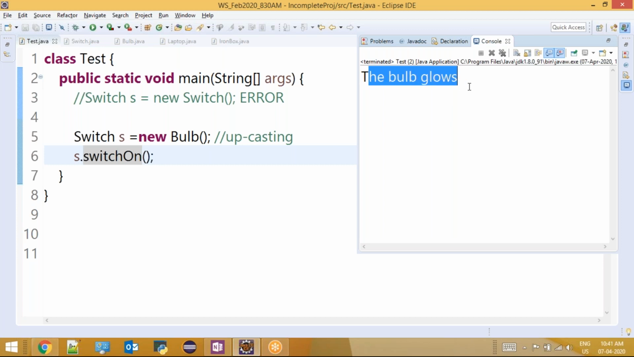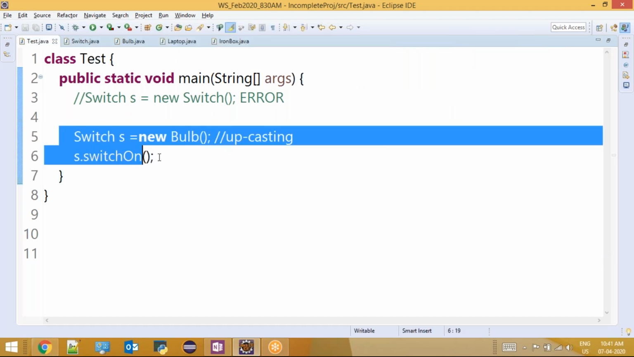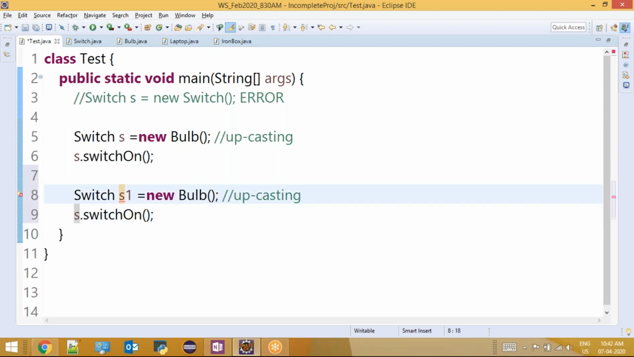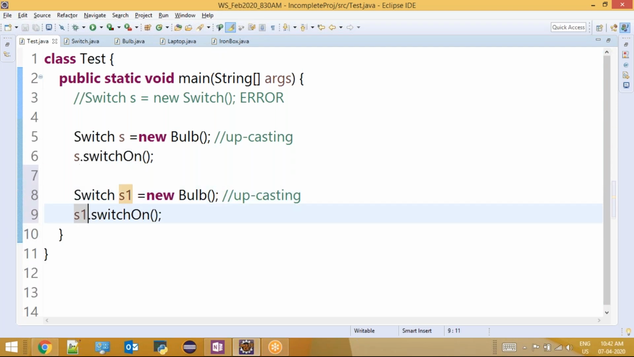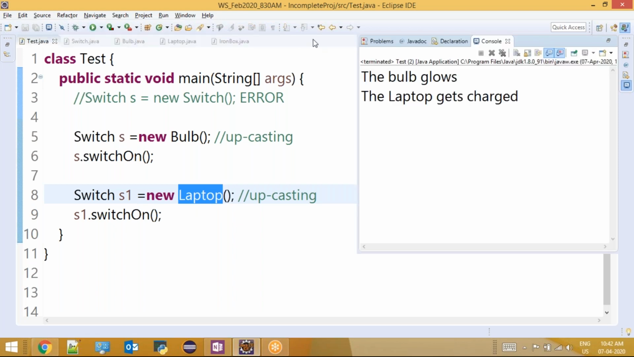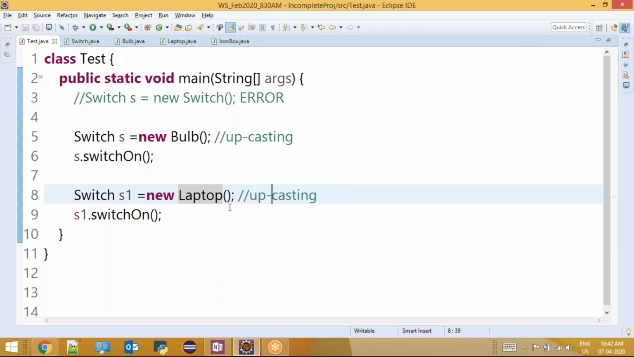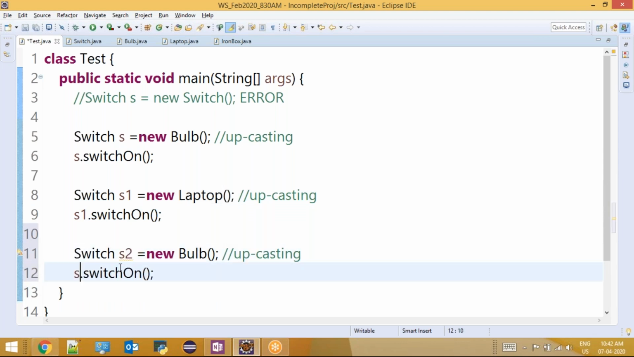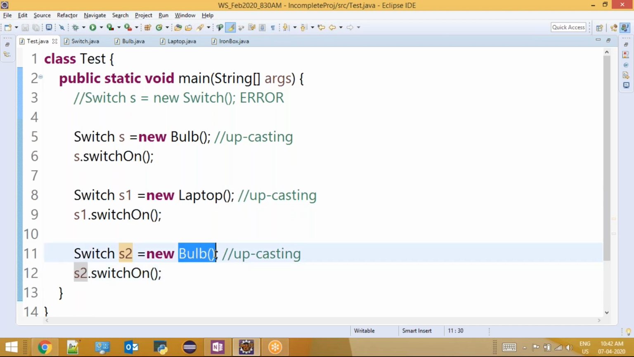The output is going to be the bulb glows, right? In the same case, instead of this, if my program is, let's say, S1, my reference is going to be S1, but the object is not from the bulb class. Let's say I'm going to create an object of the laptop class, right? So now the subclass is laptop, hence the logic gets executed from the laptop class. Laptop gets charged. The last one, now let's say I'm going to make the reference name S2, right? Now I'm going to switch on, but this object is again